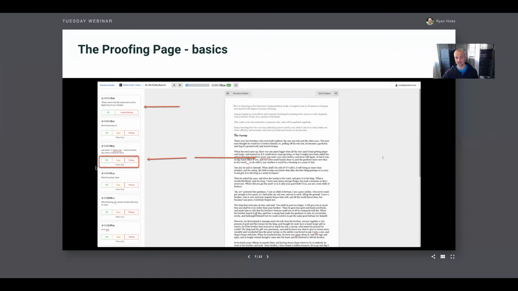Our 4 buttons are OK, typo, pickup, and filter out. OK means that it's not something that needs to be reported. If you click typo, it'll put it on a separate report that you can give back to your publisher or author. It creates a nice little report on the side. Pickup means that it goes on the ultimate pickup report,